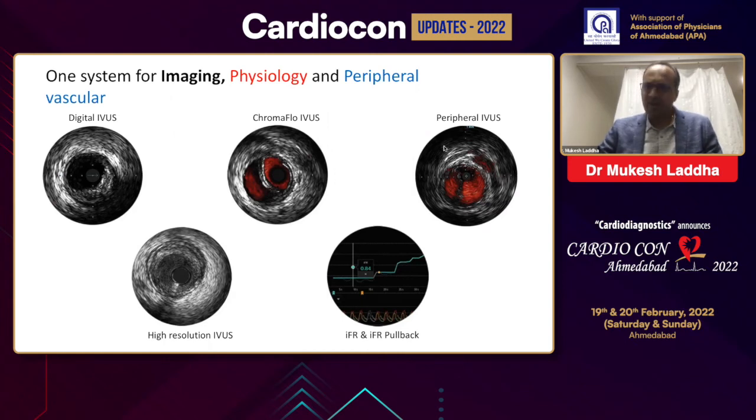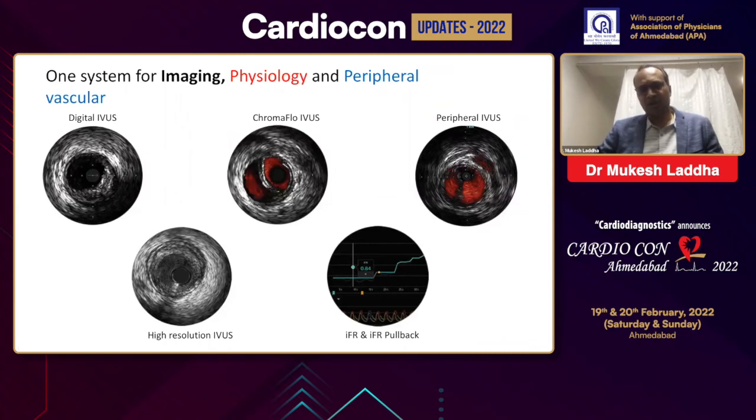So it's again a great advancement in this Philips IVUS. And this is the peripheral IVUS, where the same thing which we do in the coronary, and this is high resolution, because the 45 megahertz catheter gives really equivalent image to any other advanced IVUS catheter device. And the last important thing is that this IVUS catheter comes with iFR, and this is